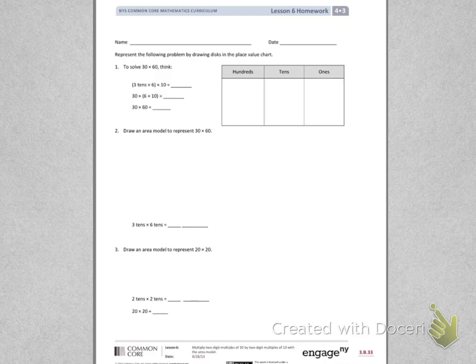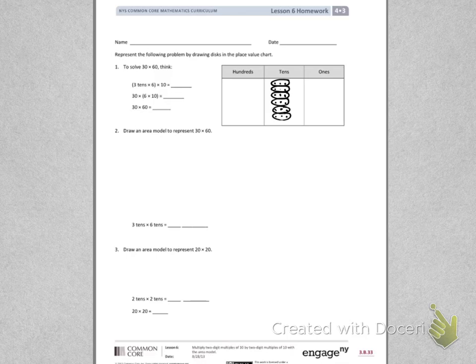Modeling what that looks like, we have 3 tens times 6. So I need to make 3 groups of 10, but I need to do it times 6, so 6 times. So there's 2 times, there's 3 times, 4 times, 5, and 6. So let's go ahead and circle our groups of 3. There's a group of 3, there's our second group of 3, our third group of 3, 4 groups, 5 groups,